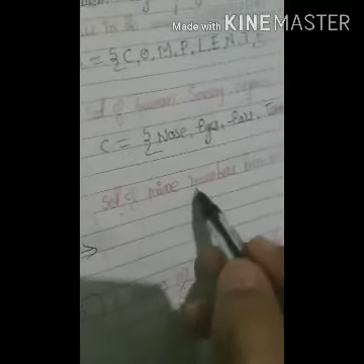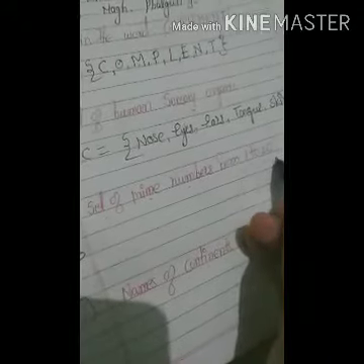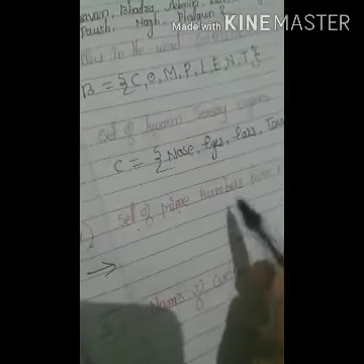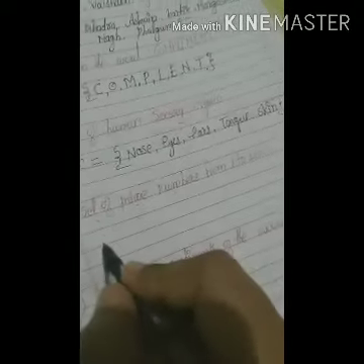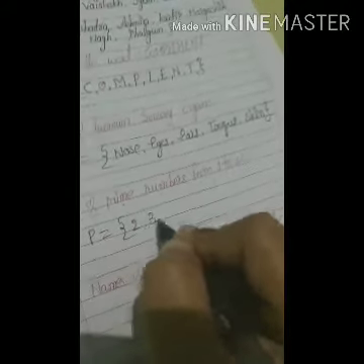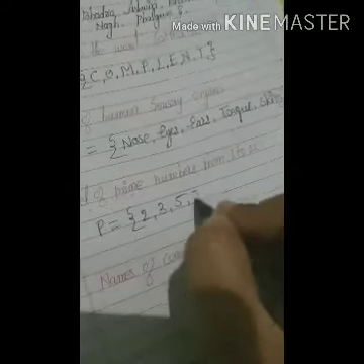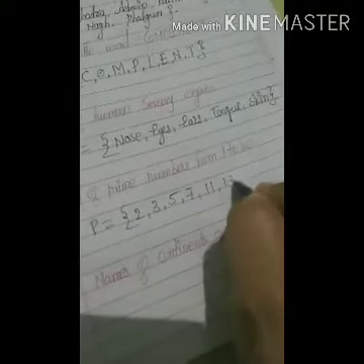Now the fourth question. Set of prime numbers from 1 to 20. Prime numbers start from 2. 2 is the even prime number. Now we have to write in the listing method. First give the set name. I am taking your set name P. Open the curly bracket. 2, 3, 5, 7, 11, 13, 17, next 19. Close the curly bracket. Here it is given 1 to 20, so from 1 to 20, these are the prime numbers.